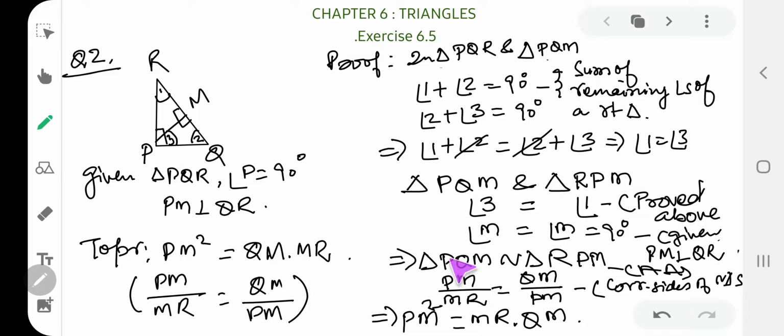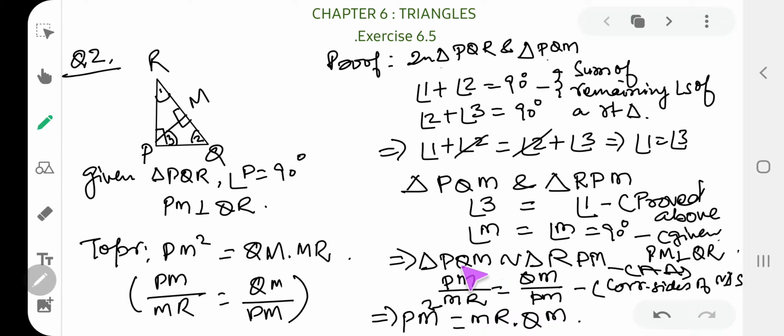Once again, children, you need to check the name. Angle 3 is at P and 3 is equal to 1. So if you have started with P, that means here you should have R at first place. Then angle M of both the triangles. M here I have written at the end. So M here I should write at the end only. Now the centermost place is left in both the triangle. To complete this triangle, the name should be PQM.